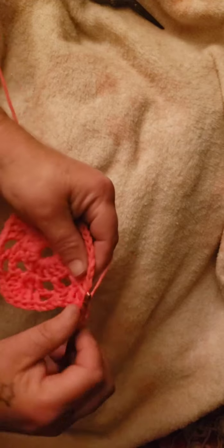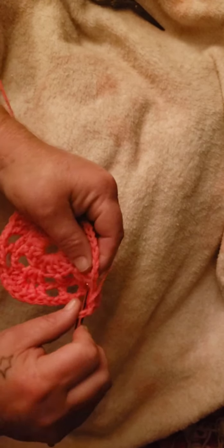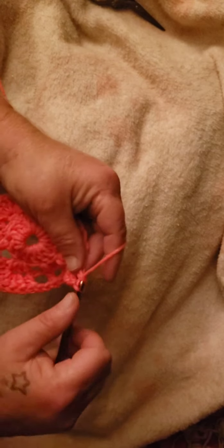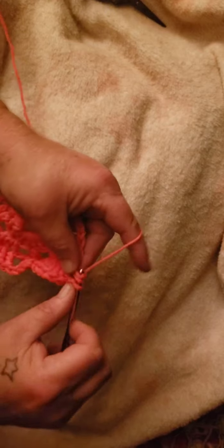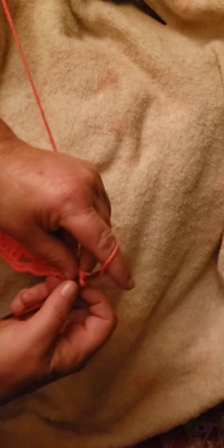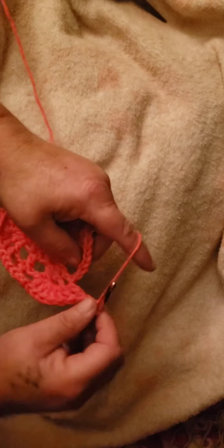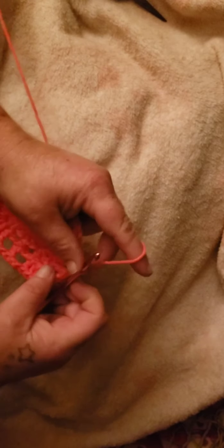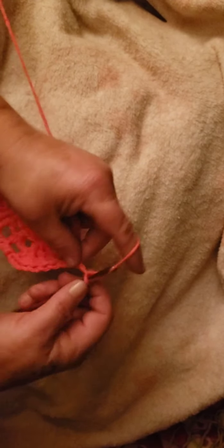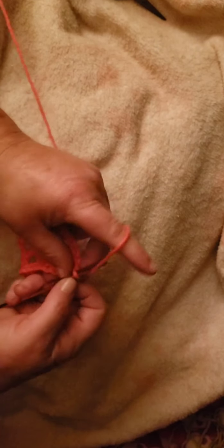3, 5, and then 1 double crochet, and then chain 2, and you can see how your cross is forming. This is the cross part right here. Double crochet in the top of the next one, or the last one, chain 2, double crochet in the first stitch,